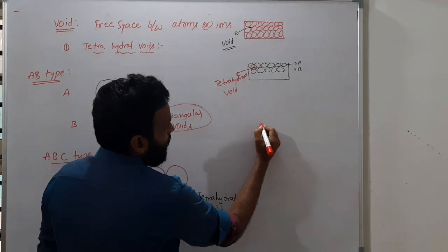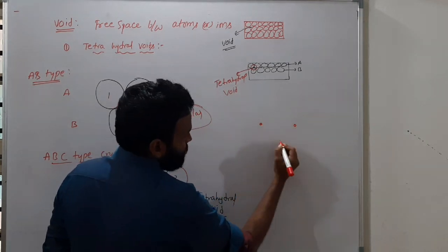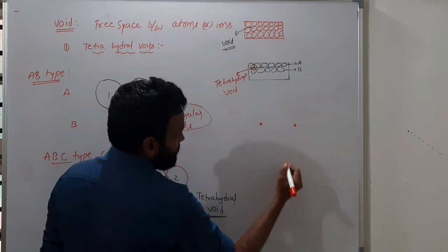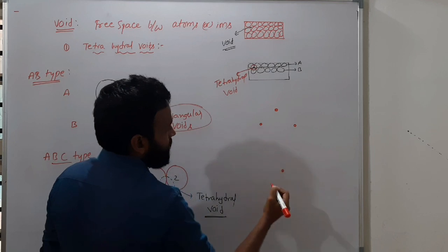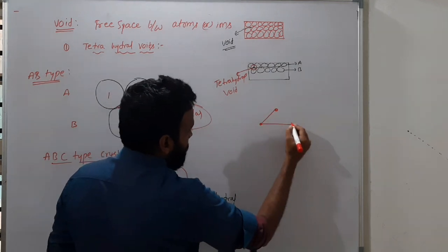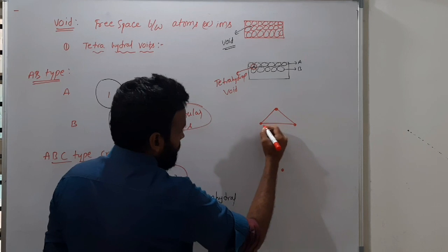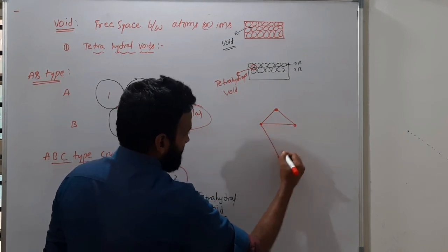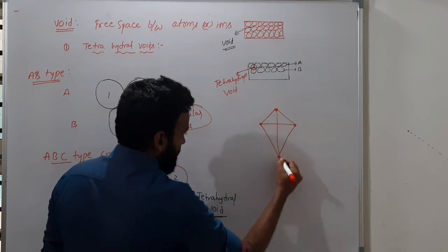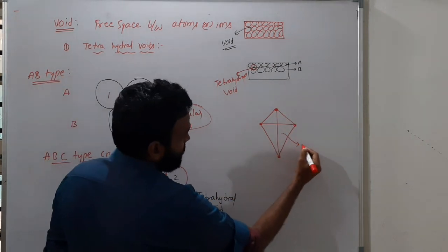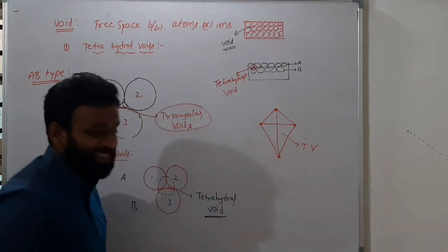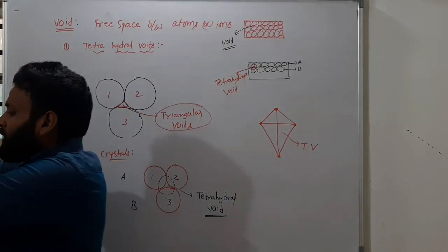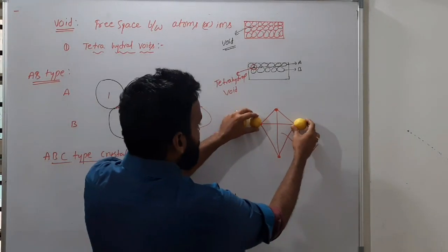So on the board, how we can have like this, these 2, and this one and this one. Okay, now these three are like this. Okay, now this one here. So this free space, what you can say, tetrahedral voids. TV. What is TV means? Tetrahedral voids. See how I can say now? So these two and this one here and one here.